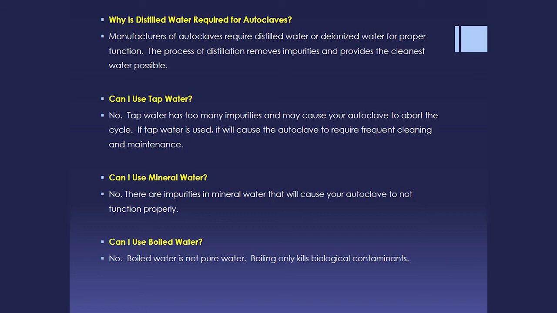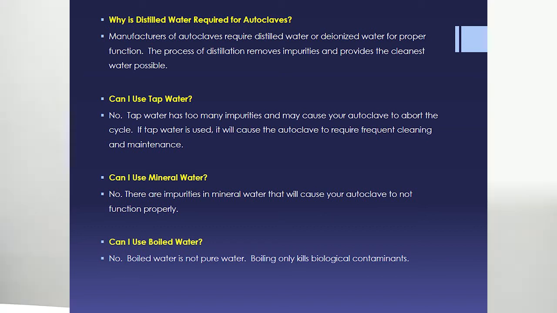So make sure that you can either prepare this water inside your clinic, or if you are purchasing it from an outside vendor, you have to make sure whether it is double distilled, medical grade distilled water or not. RO water is water which is processed. Any water apart from distilled water, such as tap water, mineralized water, mineral water or boiled water, will have minerals and other impurities. So you have to use distilled water in the autoclave so that your autoclave will function properly.